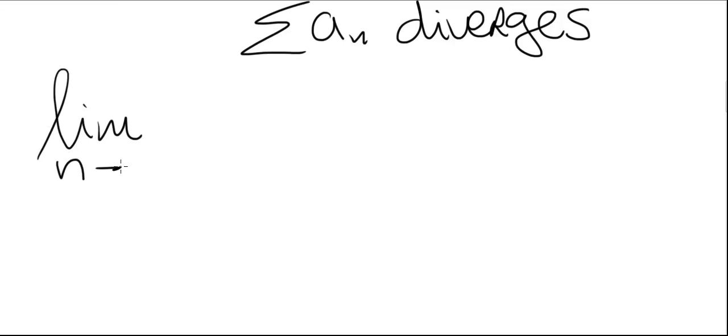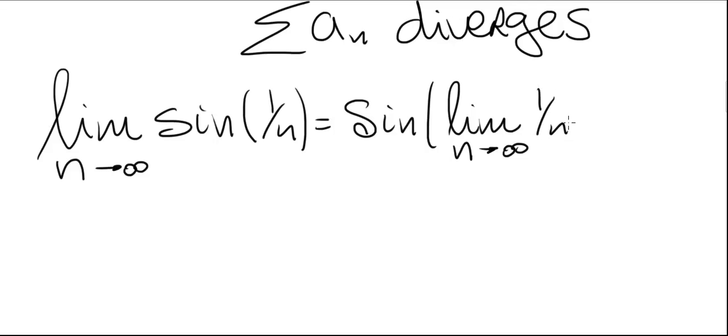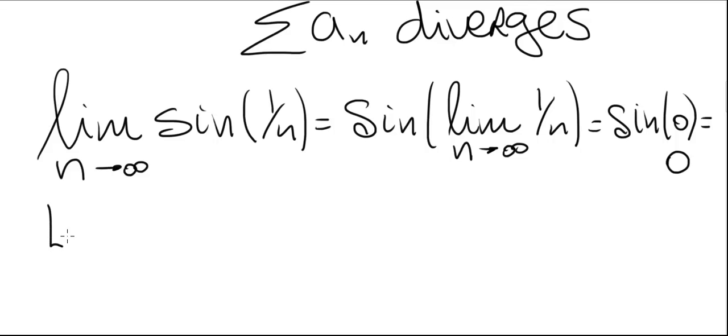We take the limit as n goes to infinity of sine of 1 over n. That's the same, of course, as sine of the limit as n approaches infinity of 1 over n. That's equal to sine of 0, which is 0. And the test for divergence is inconclusive. Well, after reviewing all the tests that we learned so far, we're going to try the limit comparison